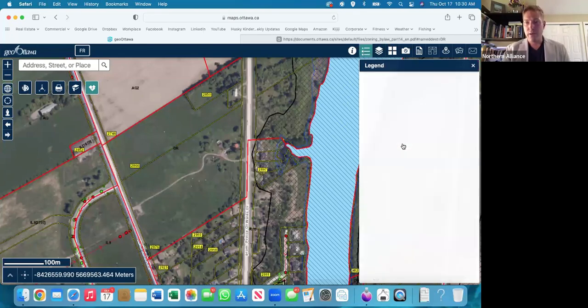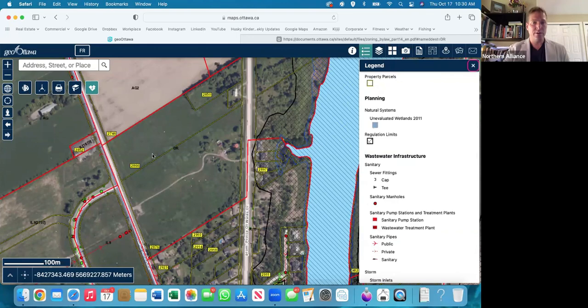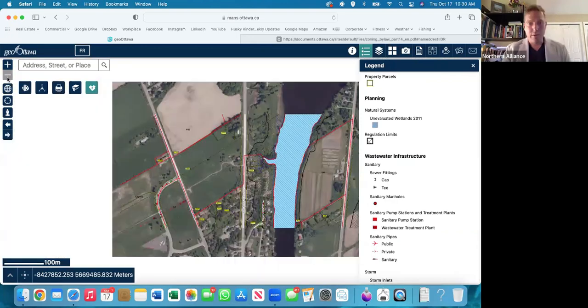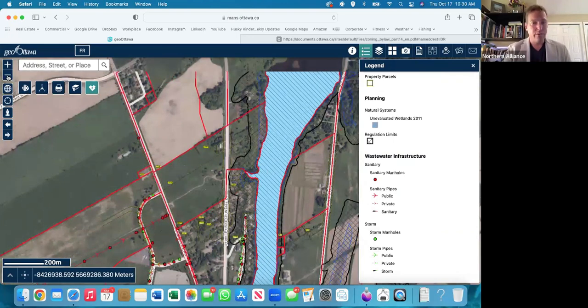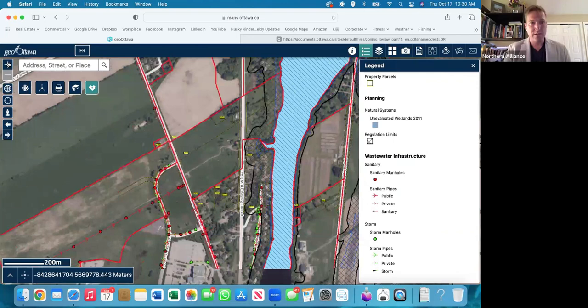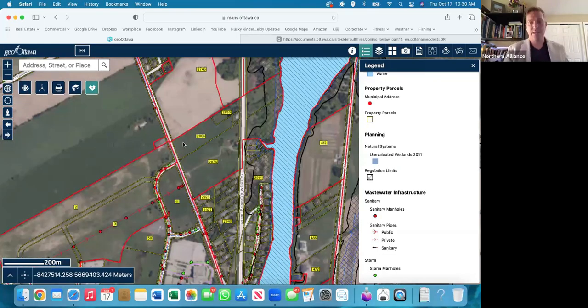We've got wetlands being shown here, and there's none on this property, so it looks to be clear of environmental potential hazards or pitfalls from development. So that's a great example of a property and the information that we can quickly find to assess the property